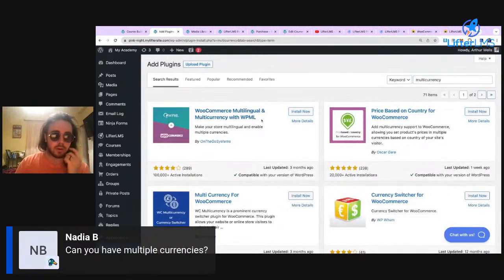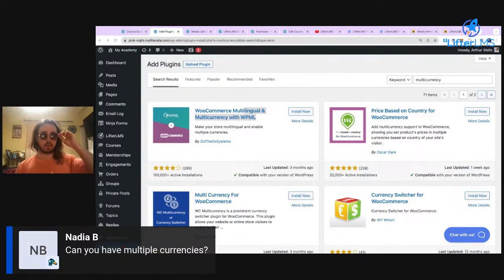So multi-currency, multilingual. Multi-currency would be doing multiple different currencies in the same website, like USD and euros, where the user could select which one. Usually multi-currency is not an issue, because I've been traveling around Europe and using my US cards to pay for things, and it just charges the card in euros, and they handle that on the credit card end. But if there's ever a need for you to specifically charge in multiple currencies or display prices in multiple currencies,